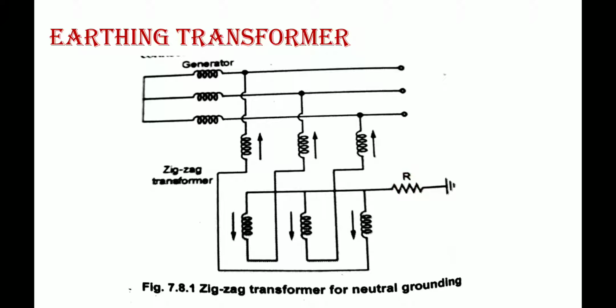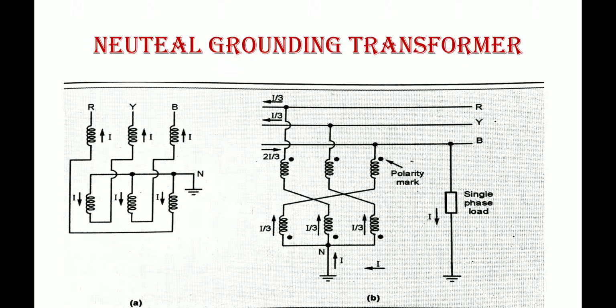Getting? Under normal conditions only iron losses will be present. Iron losses means eddy current as well as hysteresis losses will be present continuously. So under normal condition only iron losses will be continuously occurring in the grounding transformer. But in case a fault occurs, then what will happen? A huge amount of fault current will be produced. Then copper losses will also exist during the fault condition. We know the formula for the copper loss. Copper loss will be equal to what? I square R. So during the fault, copper losses are going to exist in the transformer.